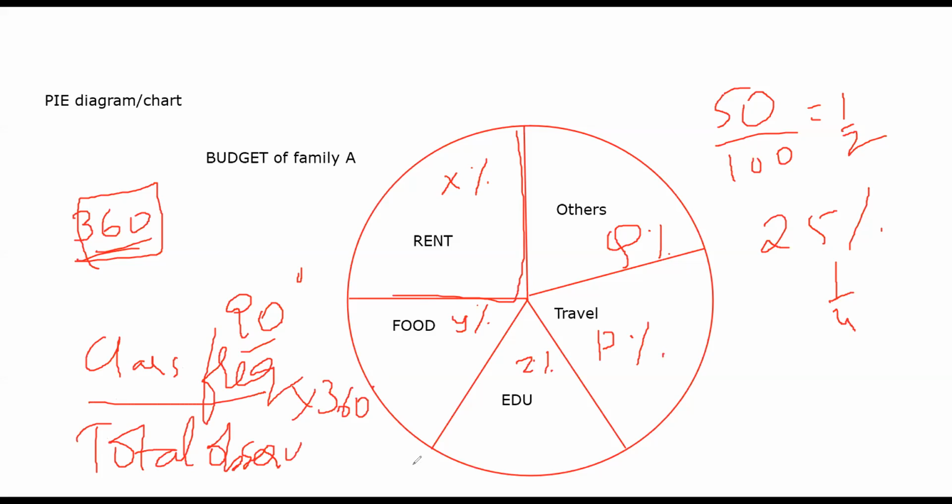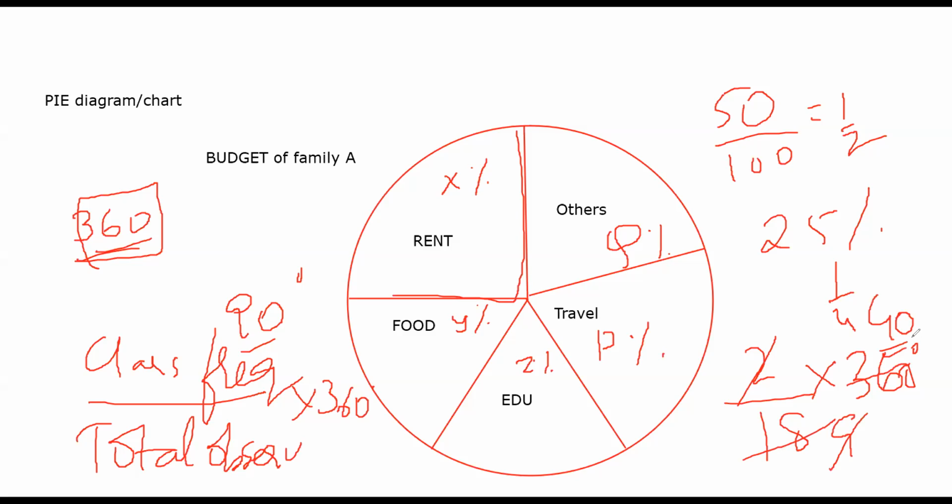Okay, let's suppose a class frequency of 2, out of total observations 18, into 360 degrees. So 1 by 9, 9 into 40, meaning you will allocate 40 degrees to that particular class. Let's suppose you had class number 1, and its class frequency was 2. So how much will it occupy out of 360 degrees, out of the total observations of 18? It is 40 degrees, not 40%, 40 degrees. I hope you understood this.